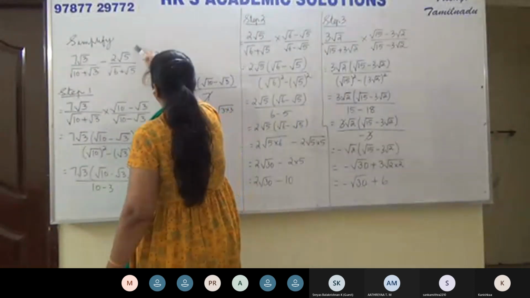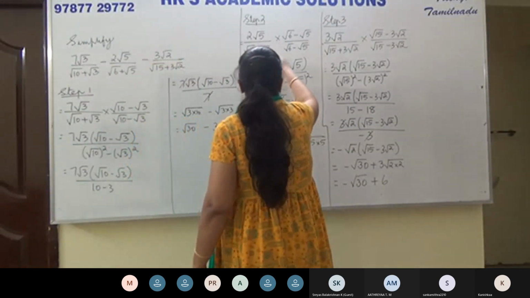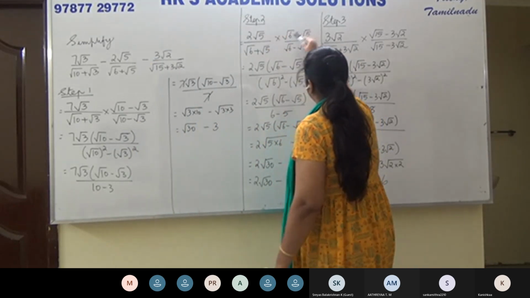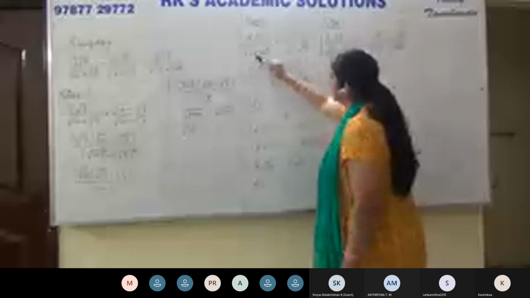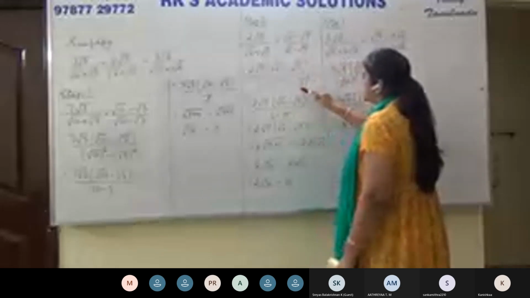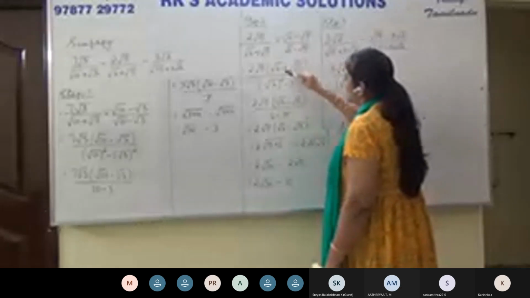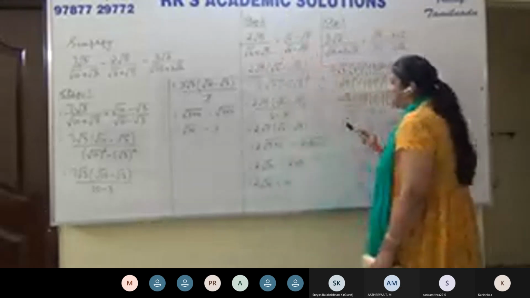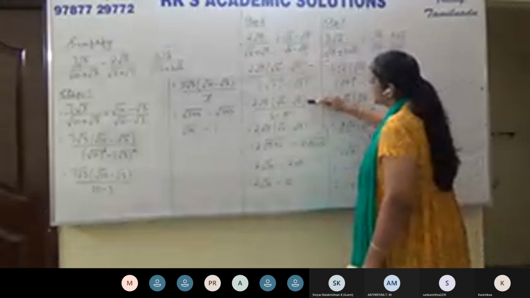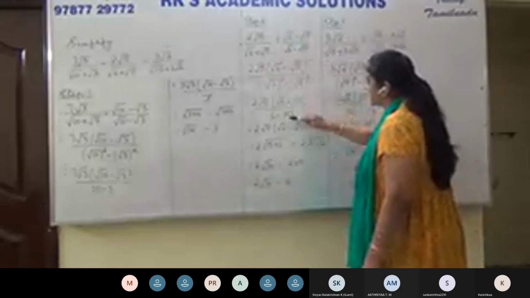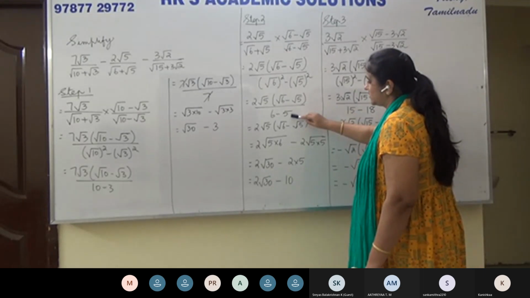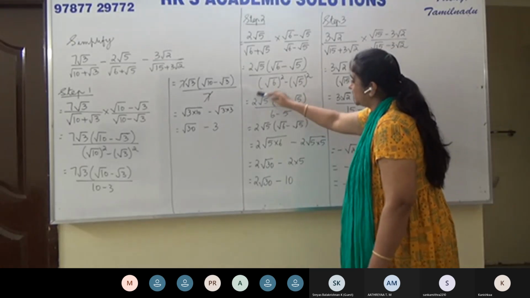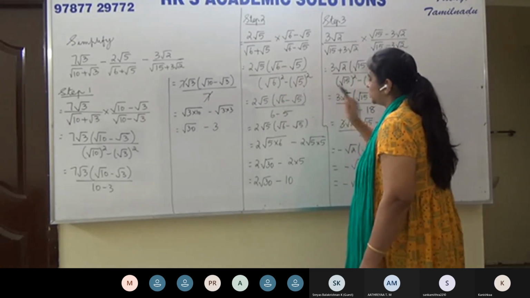And now with the second term here, multiply and divide by the conjugate. Multiply the numerators. a plus b into a minus b is a squared minus b squared. Now don't multiply 2 root 5 with these two terms in the numerator. Write the numerator as it is. Now this is 6 minus 5, which is 1. So now it is 1. Now there's no other choice. You will have to multiply 2 root 5 with root 6 and root 5.